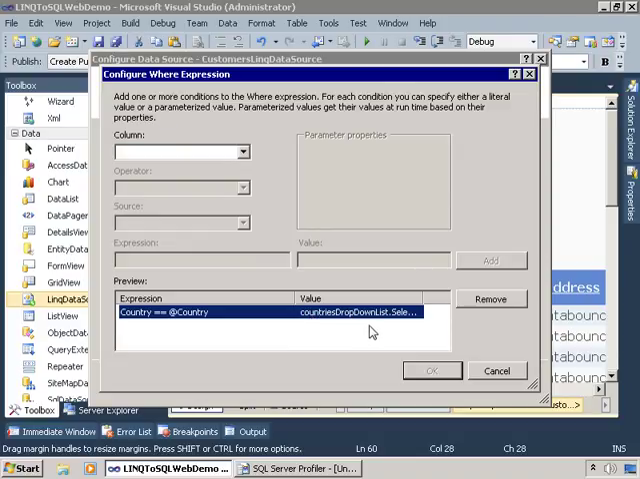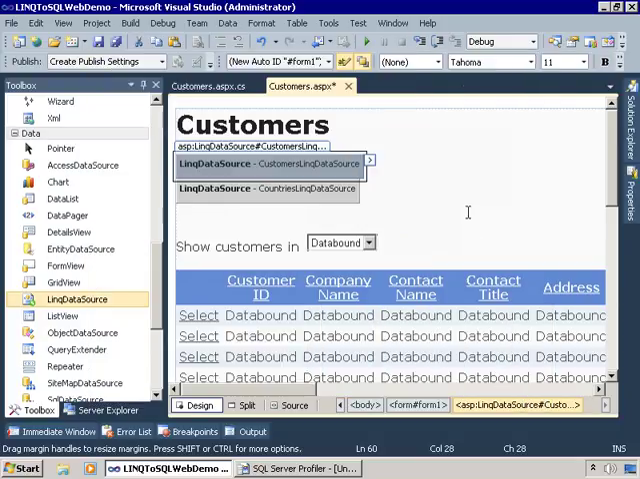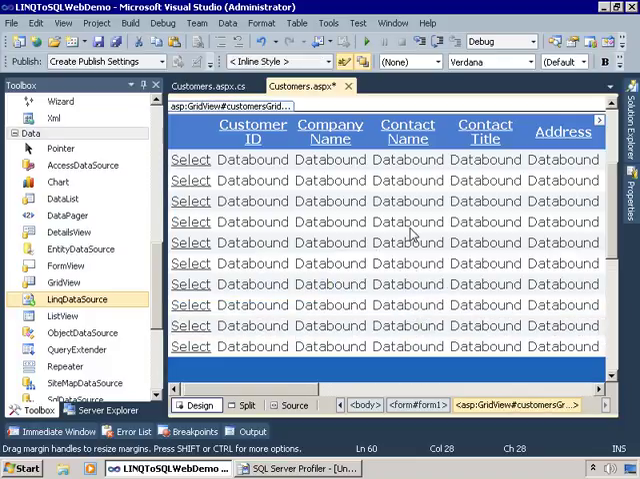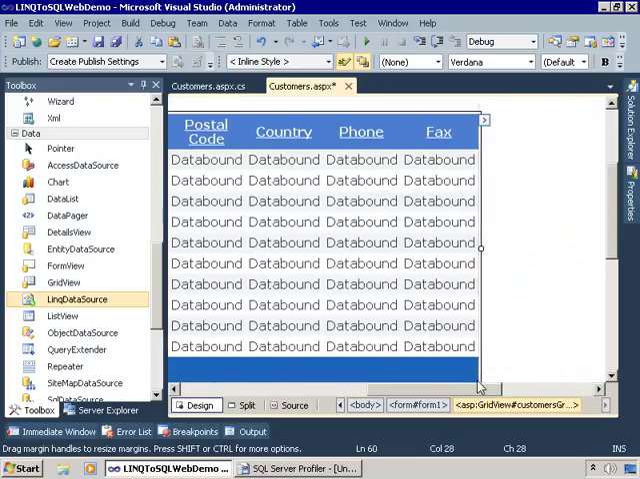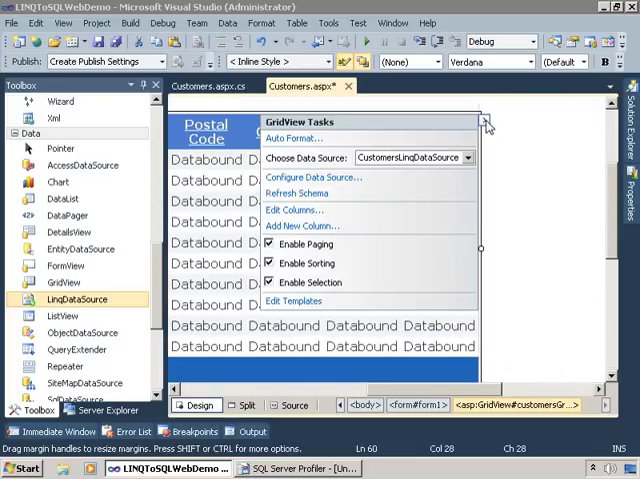So this LINQ data source has a where clause, basically bring me back all the customers who are in the country that the user selected from the drop-down list. And then the grid here, I choose my data source, customers LINQ data source, and I enable paging, sorting, and selection. So what happens when I run this,